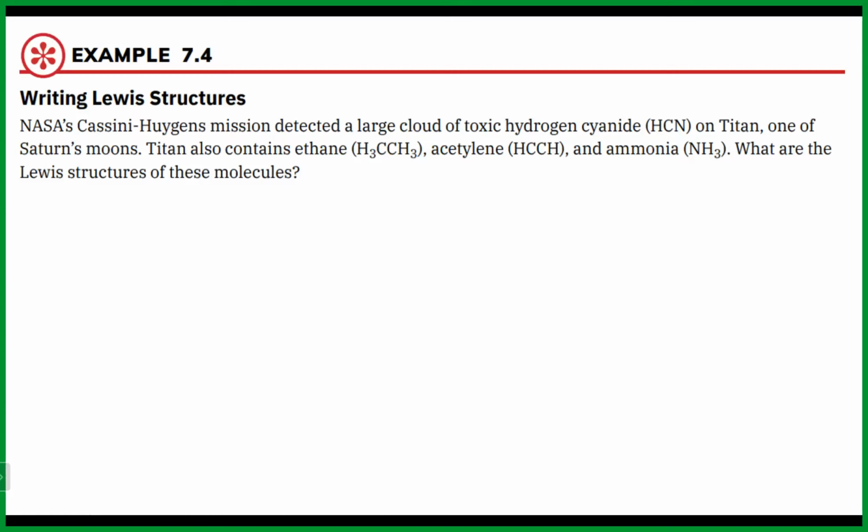Okay, and then we've got a couple more here. So this tells us that NASA's Cassini, Huygens maybe, I don't know, mission detected a large cloud of toxic hydrogen cyanide on Titan, which is one of the moons of Saturn. Titan also contained ethane, acetylene, and ammonia. What are the Lewis structures for these molecules? So with these ones,